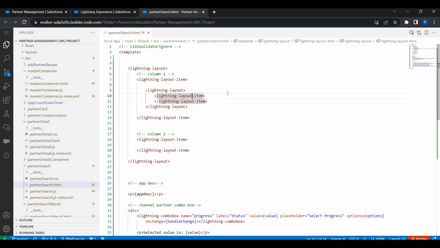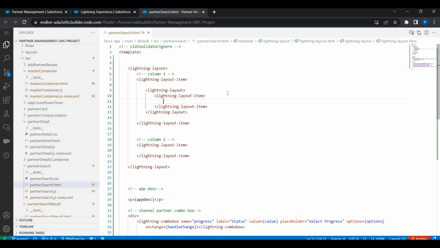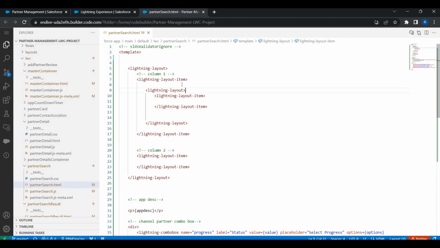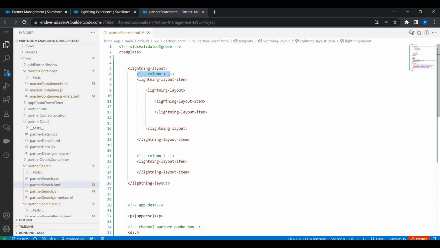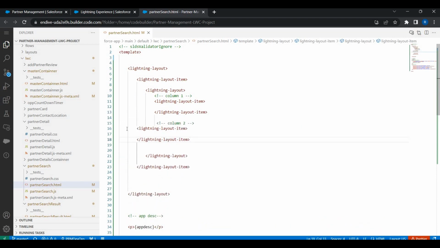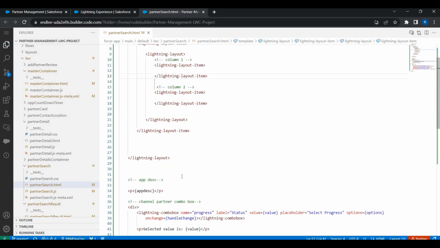Yeah, and what we can do is probably we can have the columns right here. Column 1 is right here, and we will have column 2 moved from here to here. Yeah, so as you can just see, it is possible to create nested lightning layout as well. So inside the column 1,